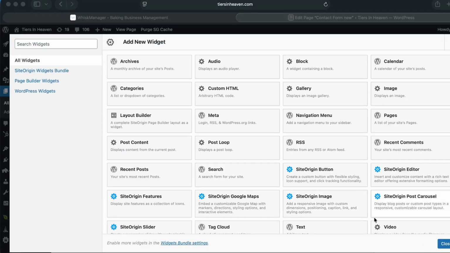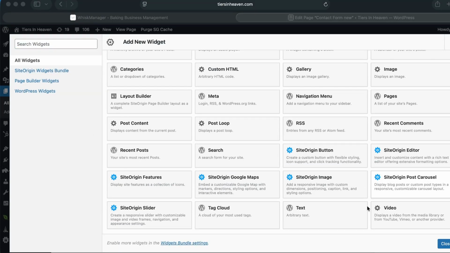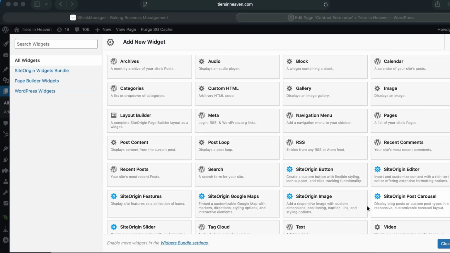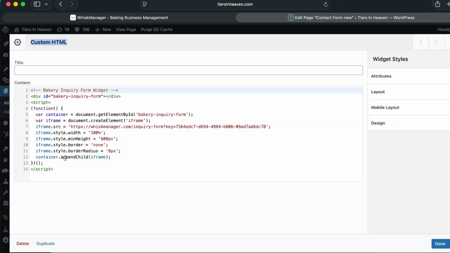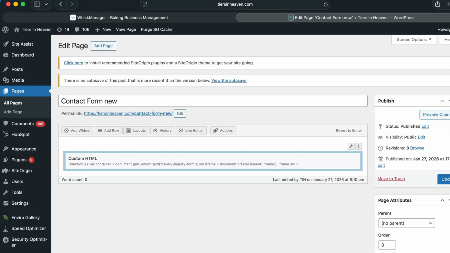It may look a little bit different on your site, but I'm just going to find my editor that allows me to paste the HTML text, which is different than just a regular text editor. And I'm going to use the custom HTML, and then I'm just going to open that up here, and I'm just going to paste that code I just copied. That's all I have to do. I hit done, I hit update, and when I go to preview the changes, my site will directly go to,